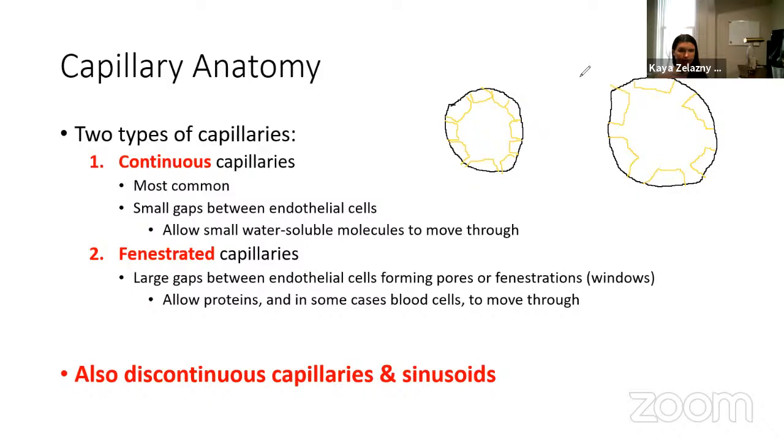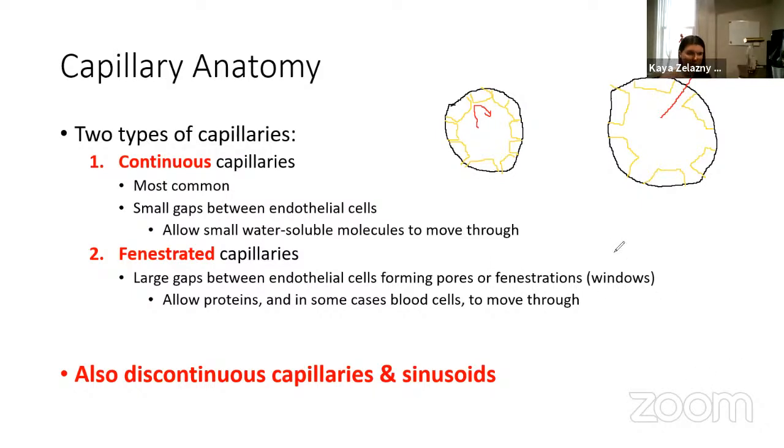So we imagine protein trying to get out here. Protein goes up to this pore, bloop, nope, can't go through, bounces back. That space is too small. If we have a protein trying to get out of this fenestrated capillary, it can go straight through this fenestration,